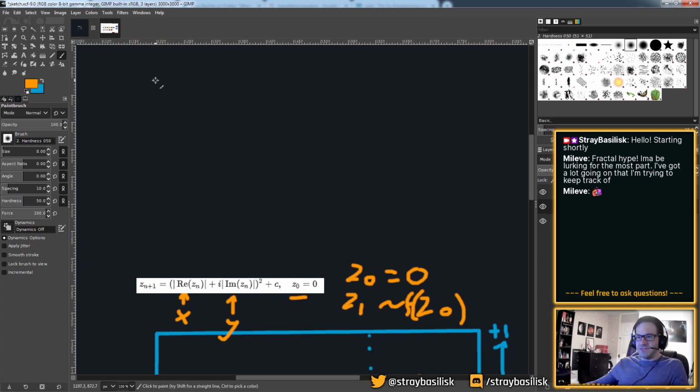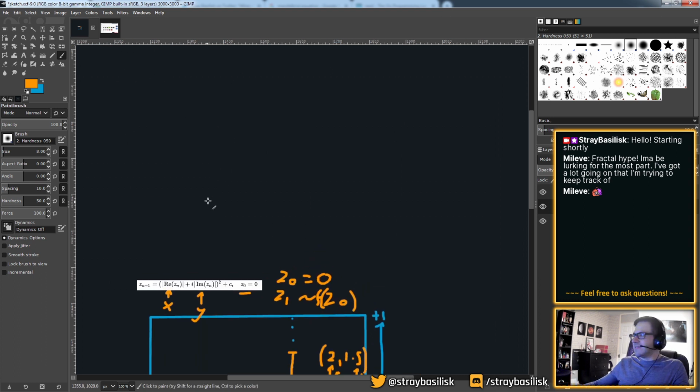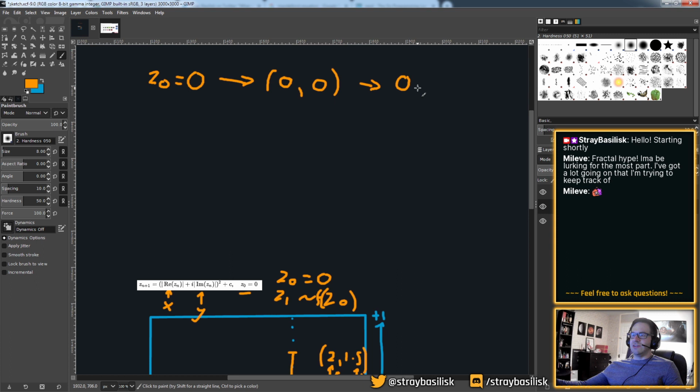Let me actually use my little tablet here. So z0 equals 0. But remember, we're in this weird kind of 2D thing, which is actually more like 0, 0. Or in a more mathematical notation, it's 0 plus 0i. There's this whole imaginary number thing where this component is like a normal number, and then this is an